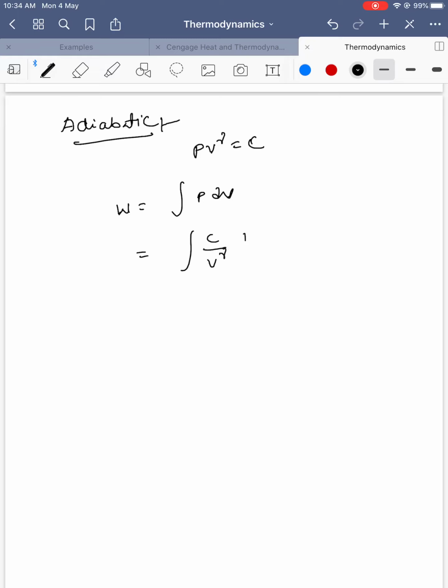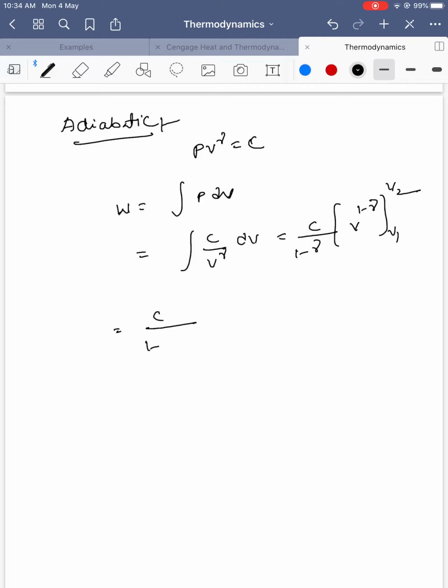Let's see another process, the adiabatic process. In the adiabatic process, what is constant? PV to the power gamma is equal to constant. So work done is equal to integral P dV. Pressure can be written as C by V to the power gamma, into dV. It is equal to C times V to the power 1 minus gamma divided by 1 minus gamma, with limits from V1 to V2. If we substitute the limits,